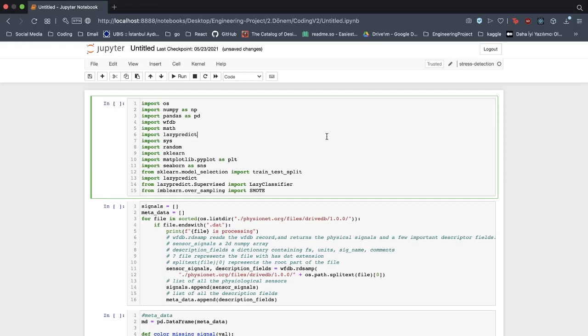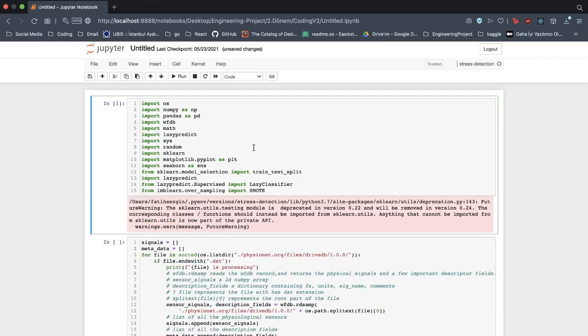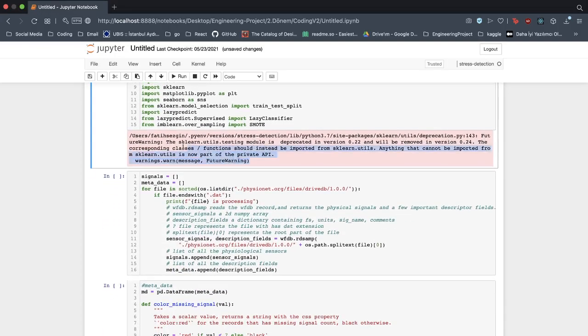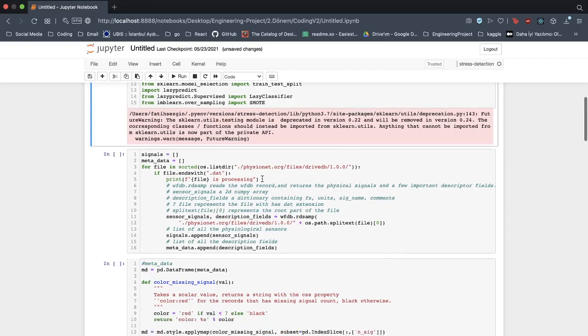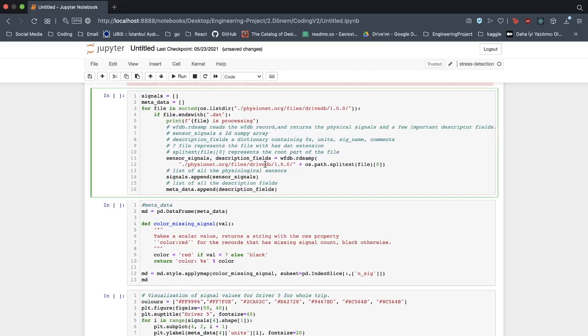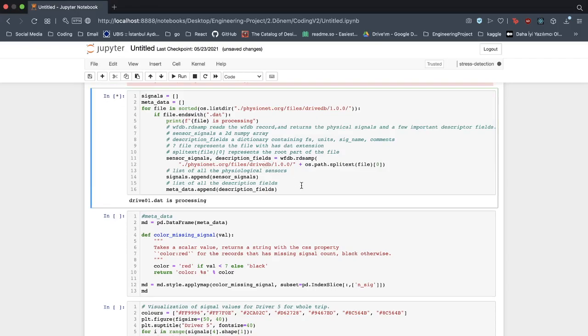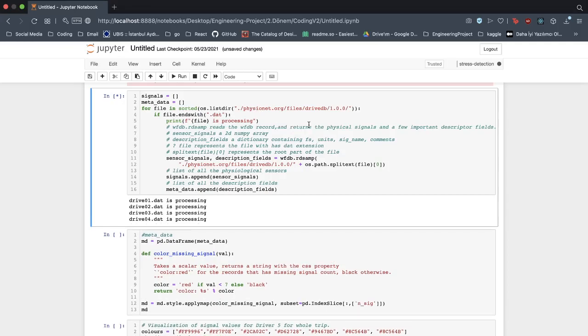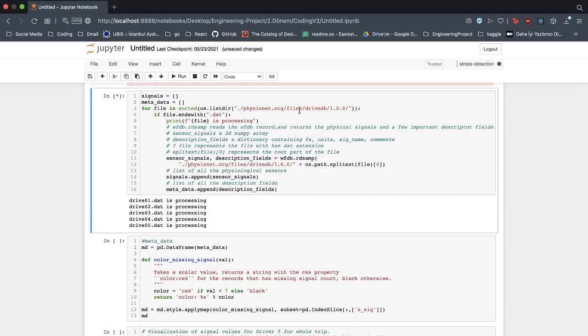First of all, we are starting with importing the libraries that we have used in the project. The red labels indicate that there are some deprecated libraries, but that's okay for us. After this, we are using a PhysioNet dataset that is located in the file system